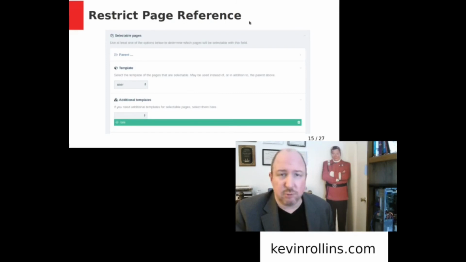Again, looking at this page reference configuration, in this case we're restricting the kinds of pages you can put in the page reference field for assigned to. We're going to say user. We want to be able to select a user because a user is a kind of page in the Processwire system. But we also want to make available